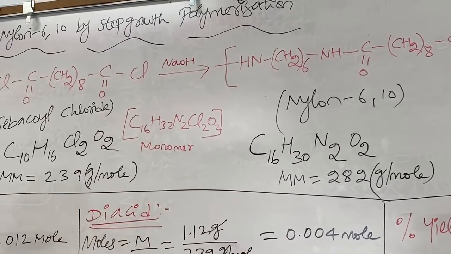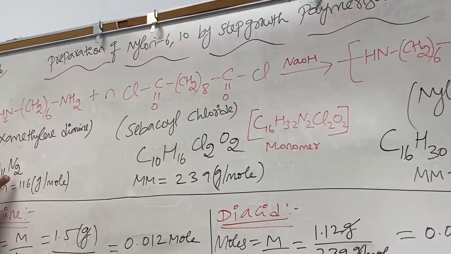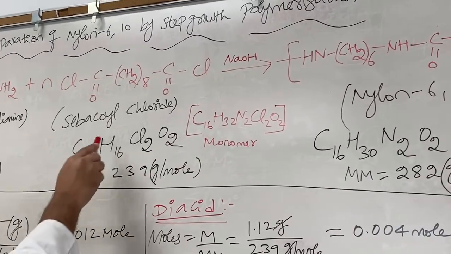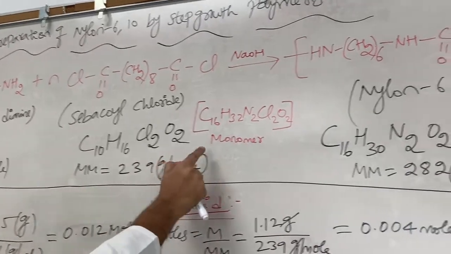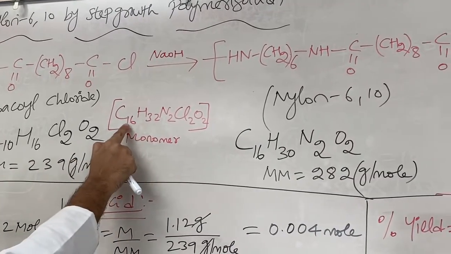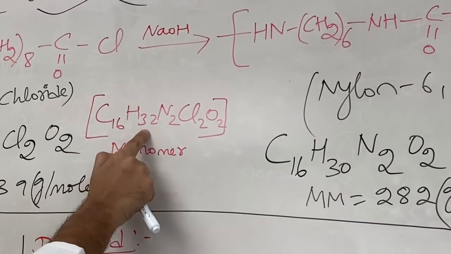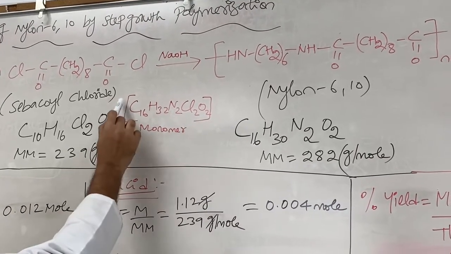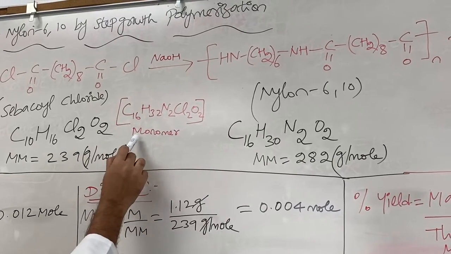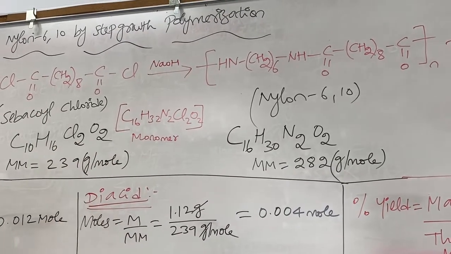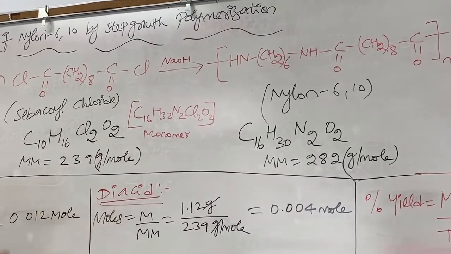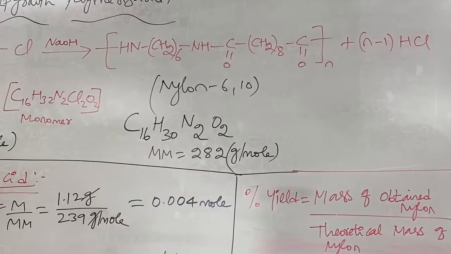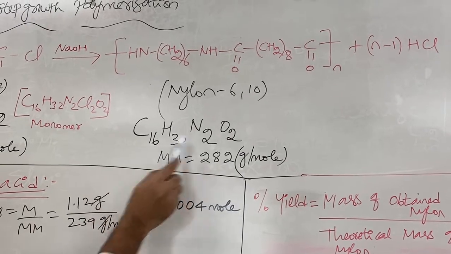See here, for example, here we have the number of atoms for the first monomer and second monomer. Add the two atoms together, and we got it. See, carbon 16, hydrogen 32, nitrogen 2, chlorine 2, oxygen 2. So this one is the number of atoms for the overall monomer, both monomer 1 plus monomer 2. And here is the number of atoms for the polymer. So here also we have calculated.